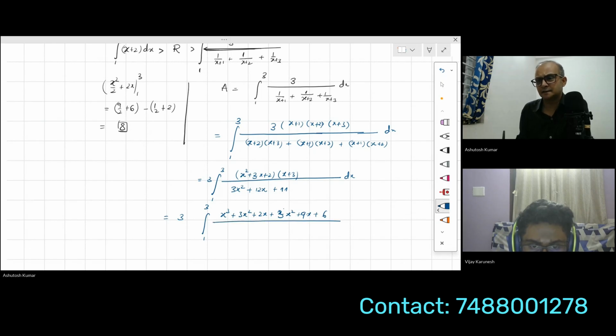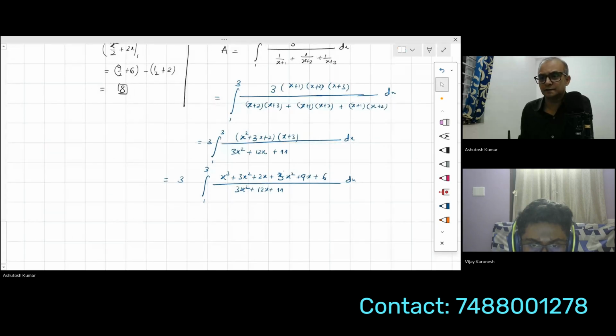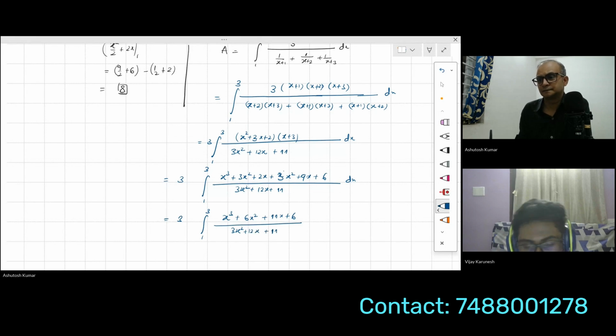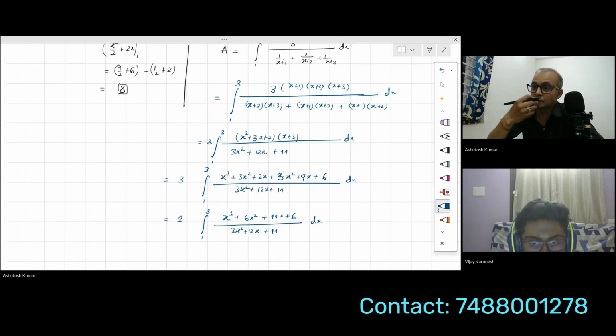I think the standard result, if you don't remember it, usually it is because 1, 2, 3, if you have this thing, then you can write it. So what do we get here? x cube plus 6x square plus 11x plus 6, correct? Yes. What do we do after this? You notice that the denominator is the direct derivative of the numerator. What do we do with it?